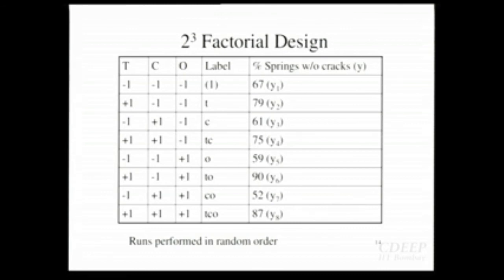So if you see this particular run, all the 3 variables were at their lower level. In this one, the first one was at the highest, and these 2 were at the lower level. In none of them is any of these variables at 0. It has been changed in each of the 8 experiments. Okay, so this is the data you collect. Let's say this is the percentage of springs which crack for this combination of variables. Fine.